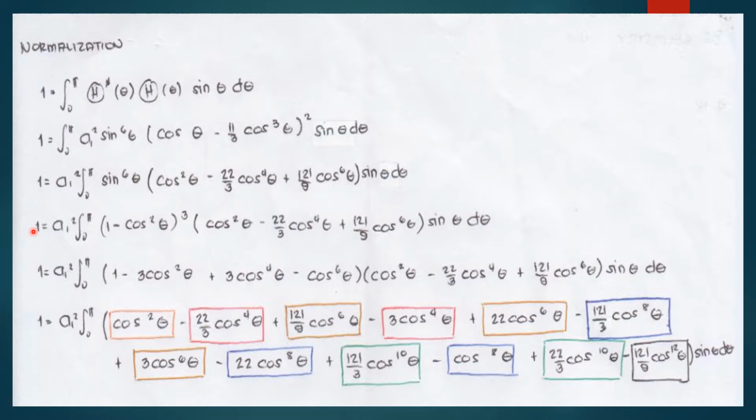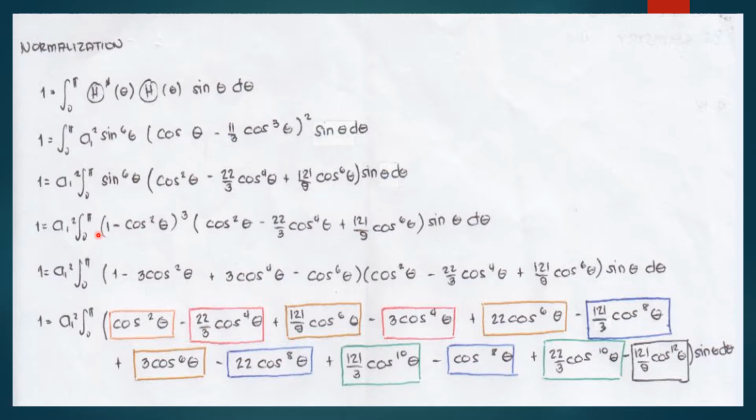If you can recall trigonometric identities, sine squared theta is equal to 1 minus cosine squared theta. And substituting that to our equation will give us 1 is equal to A1 squared integral of (1 minus cosine squared theta) raised to 3 times (cosine squared theta minus 22 over 3 cosine theta to the fourth plus 121 over 9 cosine theta raised to 6) times sine theta d theta. Now,